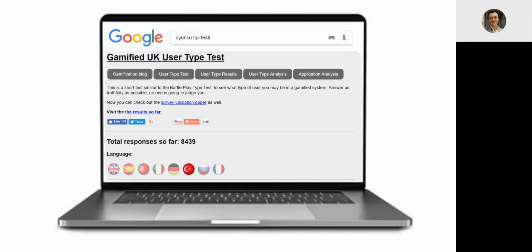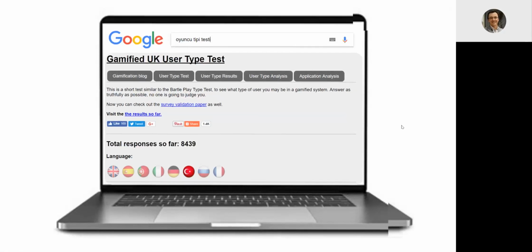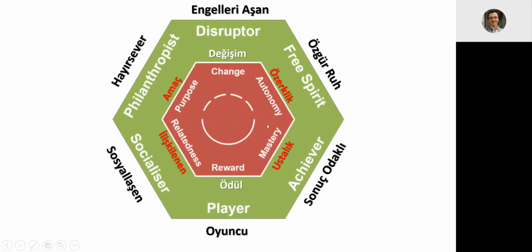Yes, time is up, and let's continue our session. After you filled in that user type test, there are 6 principles for motivational design in your design thinking. Based on people's character, which values affect them most, you may find one or two of them will be very high. Actually, when you look at the results, maybe they are very close to each other, 19, 19, 20%,